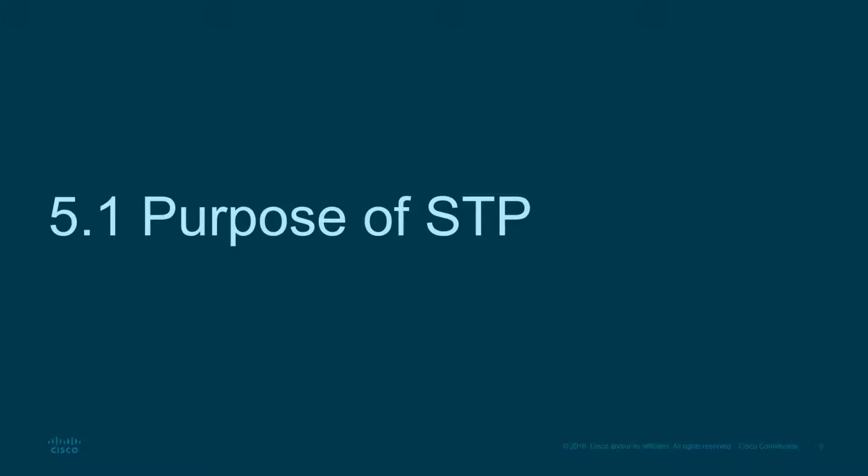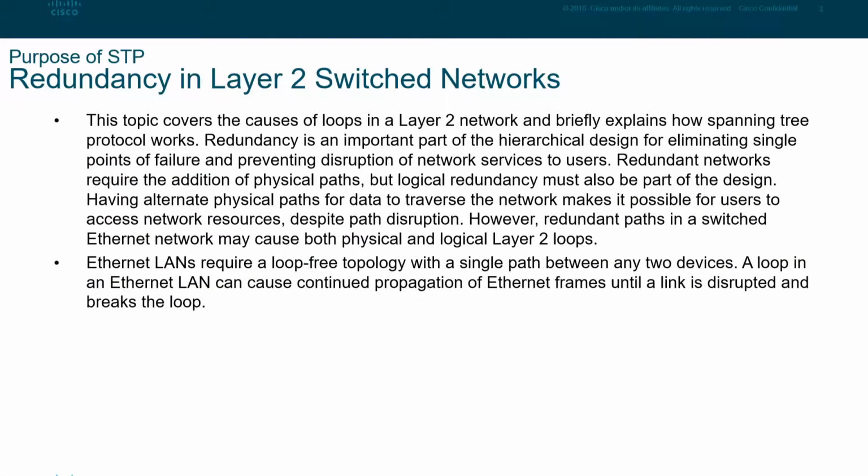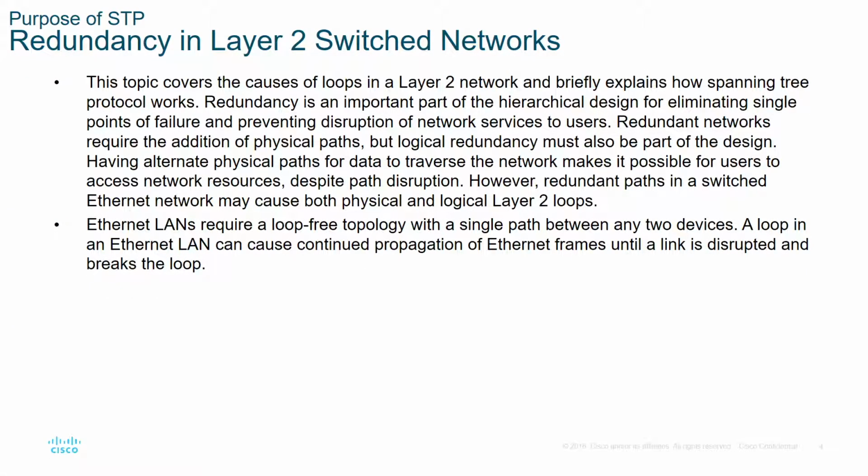So the purpose of Spanning Tree Protocol. So redundancy in layer 2 switch networks. So this topic covers the causes of loops in a layer 2 network and briefly explains how Spanning Tree Protocol works. Redundancy is an important part of the hierarchical design for eliminating single points of failure and preventing disruption of network services to users. Redundant networks require the addition of physical paths, but logical redundancy must also be part of